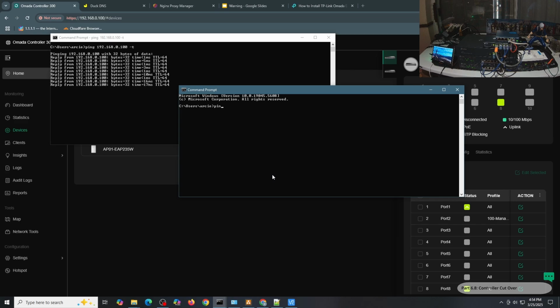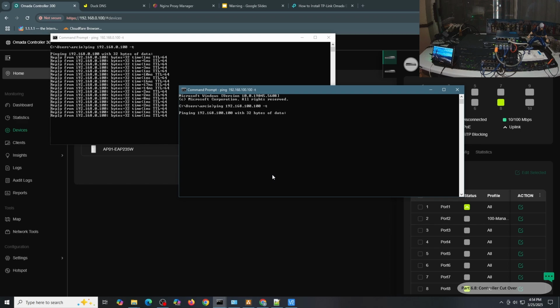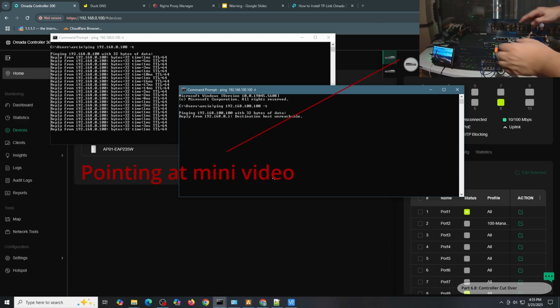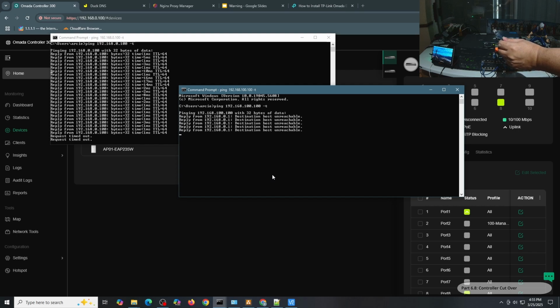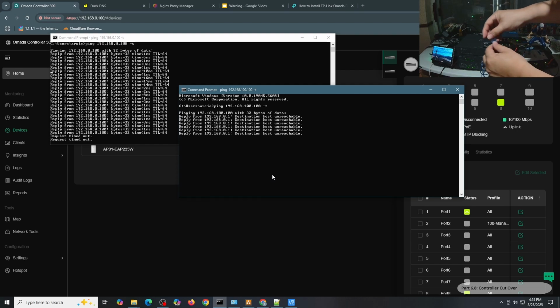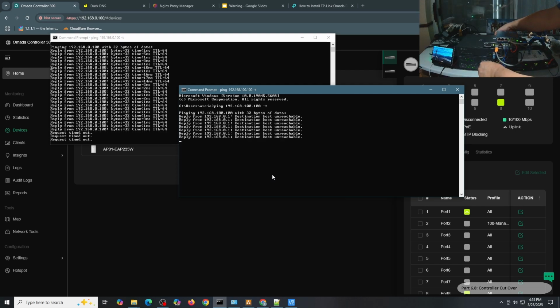This one will ping the new IP address for the controller. This will let me know whether my controller has taken hold of the new IP address. Go. So this is my controller, the black cable, this one. I remove it, the ping will start failing. So both of the DOS consoles show a failure in ping, and I'm going to move it to port 2, which is the access port that I configured earlier for VLAN 100.